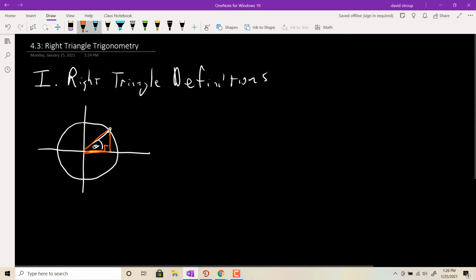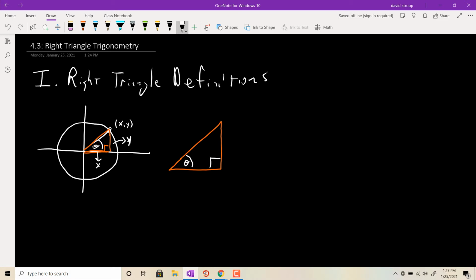Okay? Because the point is x comma y, we know this side here, its length is y. I wrote x, and then this side here, its length is x. So if we took that triangle there in red and extracted it and then zoomed in on it, what we'd end up having would be this kind of deal. So here's my angle again, and it's a right triangle because it's a 90-degree angle in there. This side has length y, this side has length x, and in our last sections we've been assuming this side